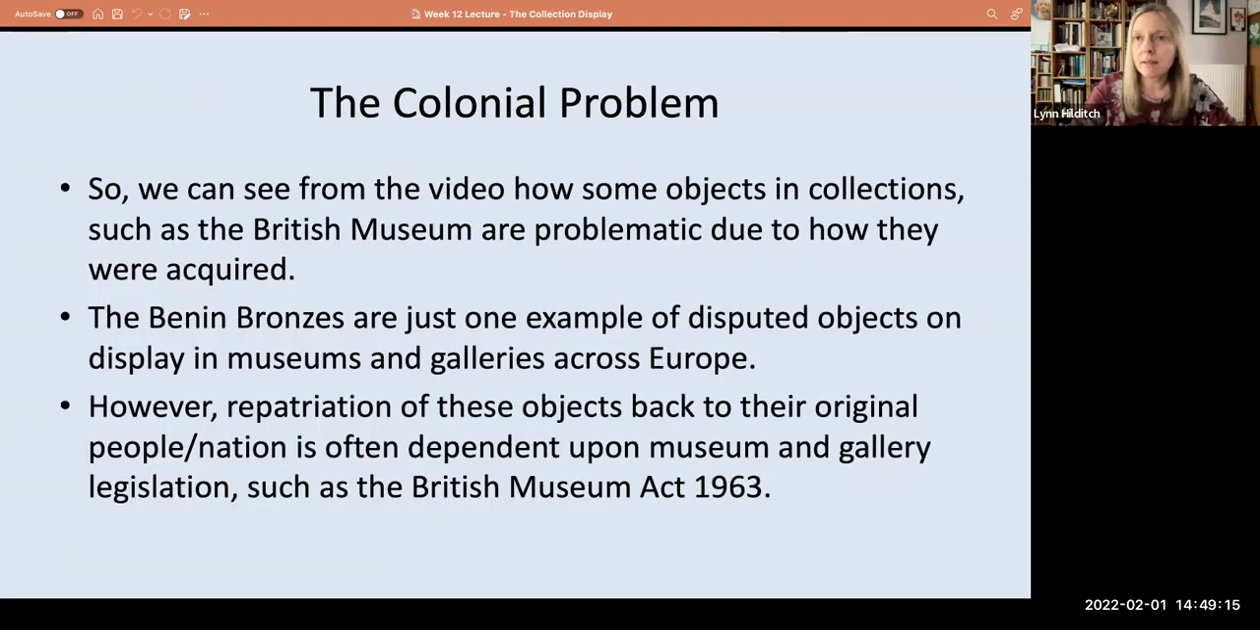And you'll be able to see in the video how some objects in the collections, such as the British Museum, of course, are problematic due to how they were acquired. The Benin bronzes, for example, are just one example of these disputed objects on display in museums and galleries across Europe. So it's not just in Britain that this is a problem, but it's also in other countries that also had these